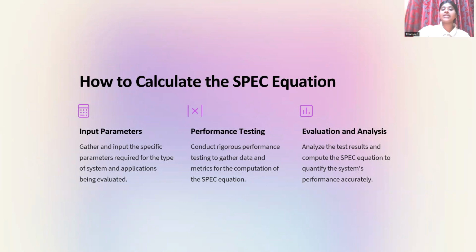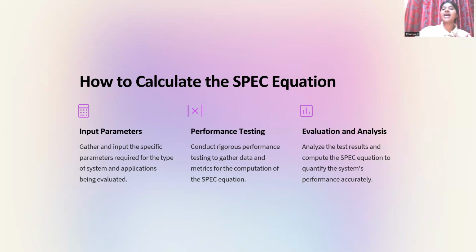Next is how to calculate the spec equation. There are three steps to calculate the spec equation. They are input parameters, performance testing, and evaluation and analysis. So in input parameters, gather and input the specific parameters required for the type of systems and applications being evaluated. So in performance testing, conduct rigorous performance testing to gather data and metrics for the computation of this spec equation. In evaluation and analysis, the third step, analyze the test results and compute the spec equation to quantify the